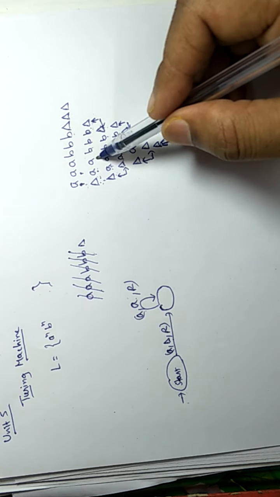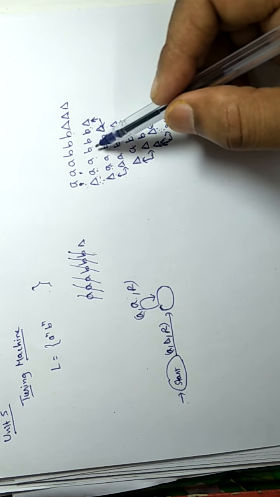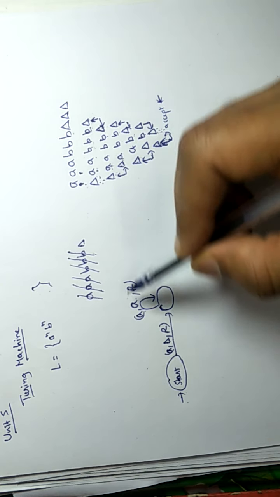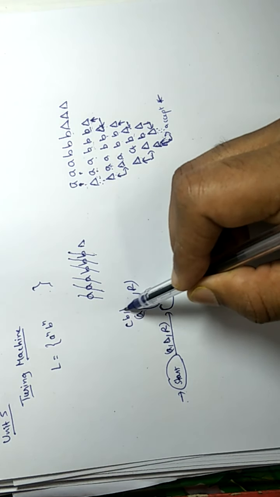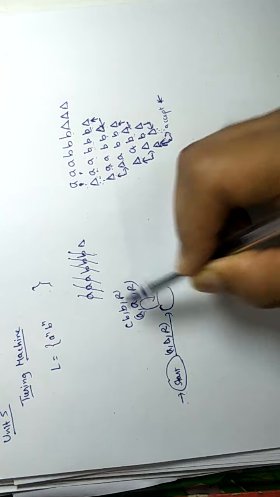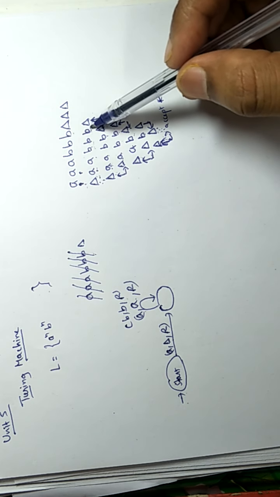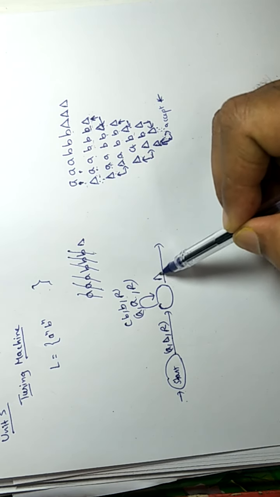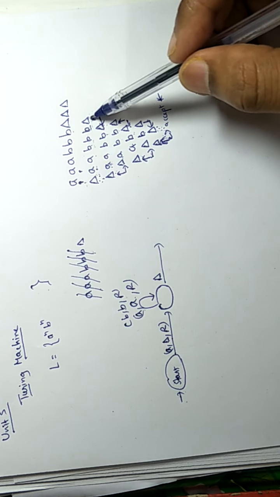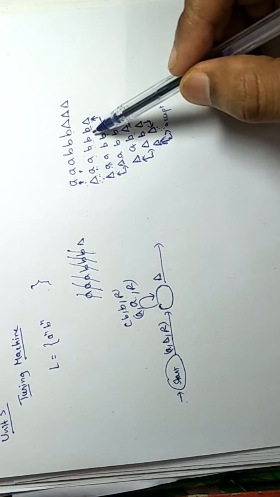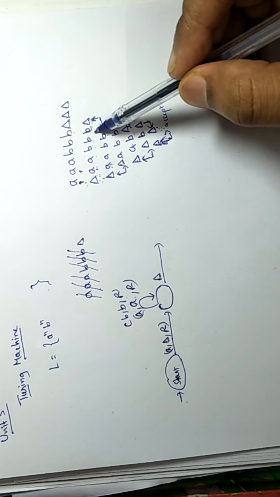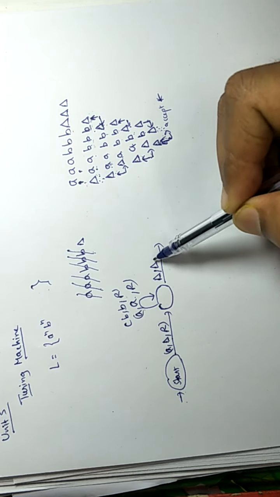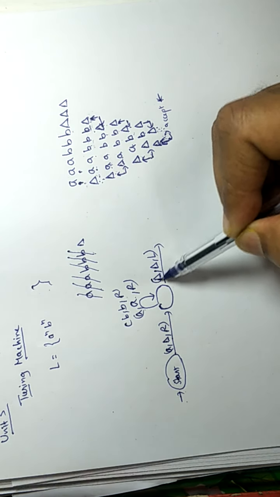Moving right, then we will get B, and we have to leave it unchanged and move toward the corner here. So we will get B. We will leave it as B and move to the right. By moving right in this direction we will get blank. Here we will get blank, and by reading this blank we have to move to the left so that we can change this B. So we will leave it as blank and move to the left.